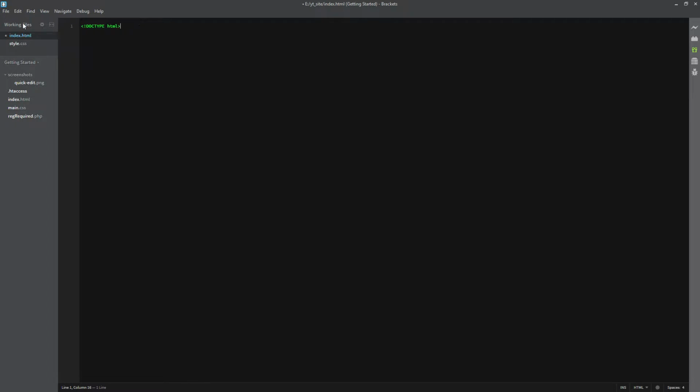Now I already have the index made and obviously the CSS file made, but there's obviously nothing in there yet. So in here, now after this, you're just going to create a bunch of tags. So the first tag you're going to do is the HTML tag. Now within this HTML tag, you're just going to create the head, and you're also going to create the body. Now you're not going to put much in the head tag. You're going to do a lot of stuff in the body, but in the head tag, first of all, we're going to state a title,